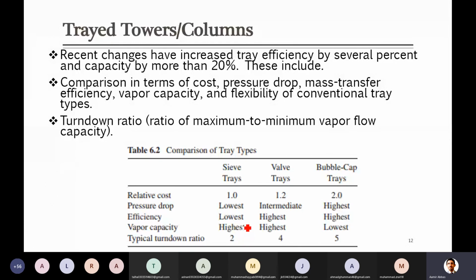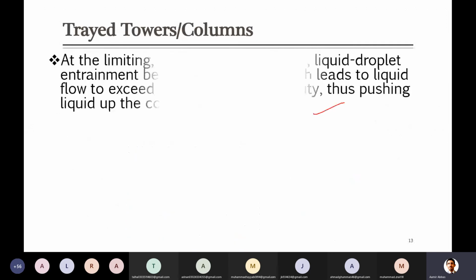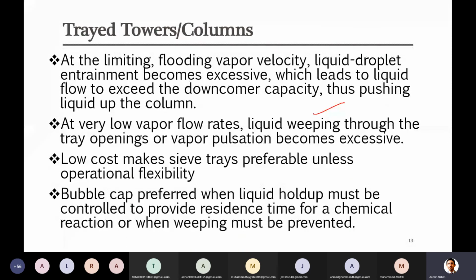So whenever you are selecting, guys, you will have a number of parameters, and then based on that you have to decide, in the long term, basically when it will be running for 20 years or so, which one will be beneficial for us and which one is better when you are a design engineer selecting. So bubble caps are preferred mainly. Although I think in your text it is mentioned that before 1950 or 1945 these bubble caps were very widely used, they are not commonly used now. Either sieve trays or valve trays are more commonly used, because they are the best suitable option.